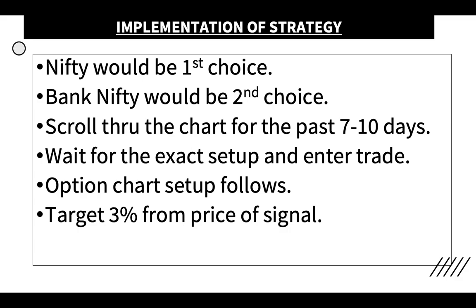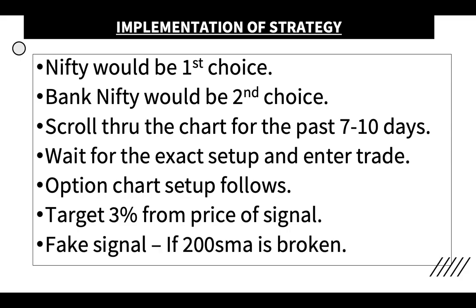Normally, whenever you get a buy signal or sell signal, there is a 3% move on average. It can be 4%, slightly more, or 2.5%, slightly less, but most times when a buy signal comes, there is a 3% up move in the spot price. I'm talking about the spot price. In the options it could be 100% or 50% also. So I'm not talking about the option price, I'm talking about the spot, the base instrument. A 3% movement can come. I'll show you some examples, and you can check yourself also.